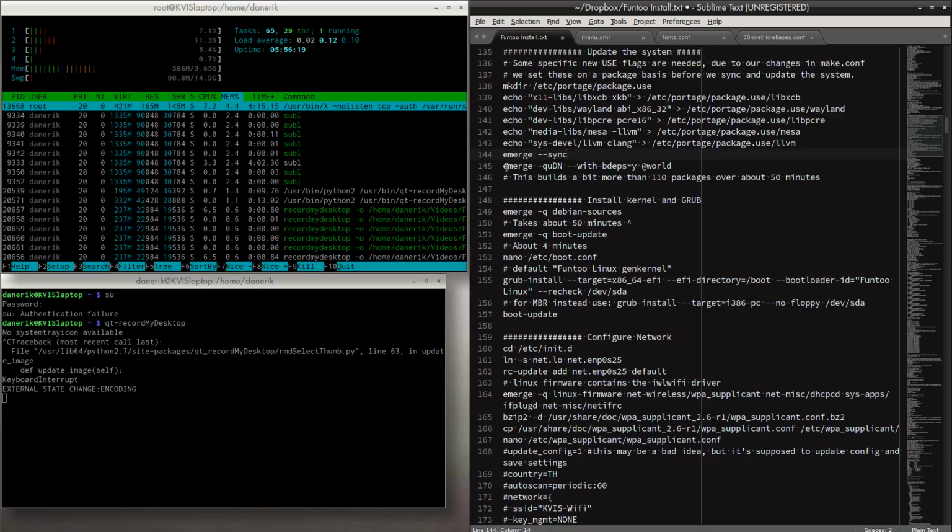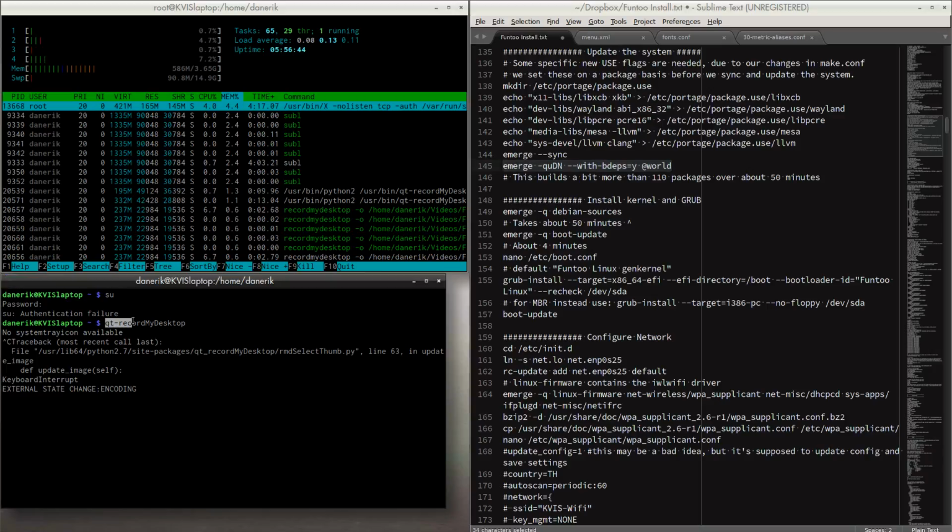So, when we left off, I was emerging and updating all of the packages of the basic install, and now I have Openbox running. As you can see, I don't have any panels at all, which sometimes causes difficulties. For example, currently I'm recording with QT Record My Desktop, and it's going to complain that no system tray icon